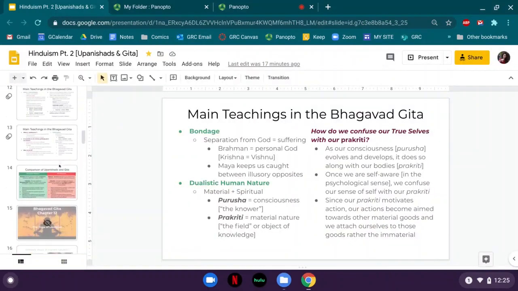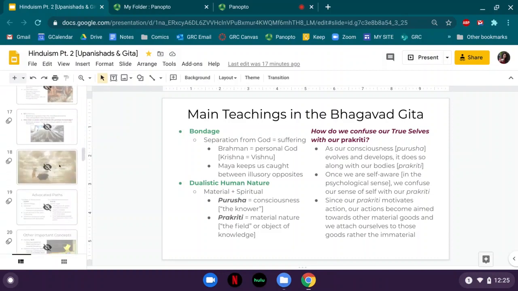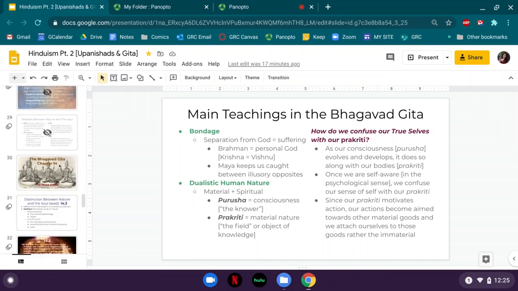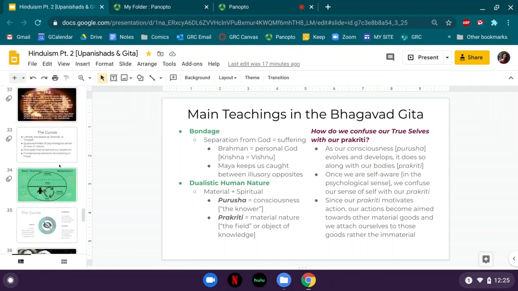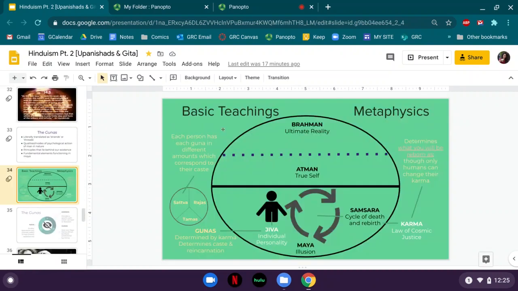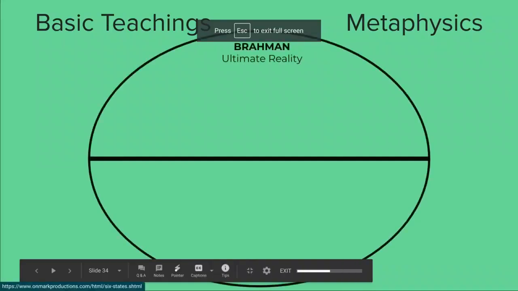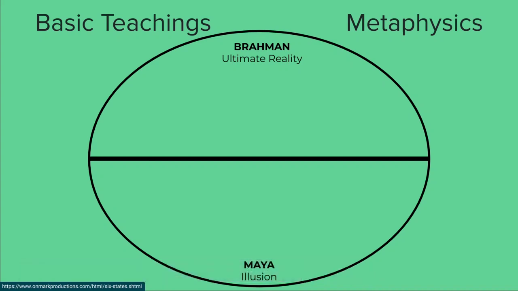And also there is some information towards the bottom of this PowerPoint that goes into more detail about the Gunas, which I discussed pretty thoroughly in the previous PowerPoint. So I'm just going to go over one more time how this plays into the larger metaphysics. All right, so again, we still have this notion of pantheism, right? The idea that there is one ultimate reality,